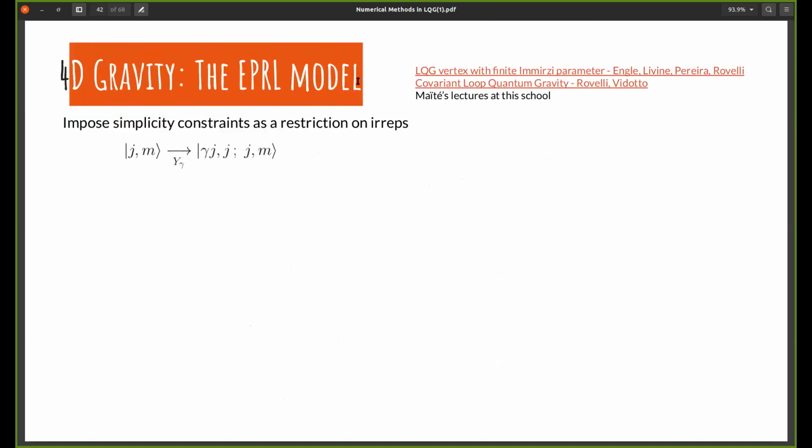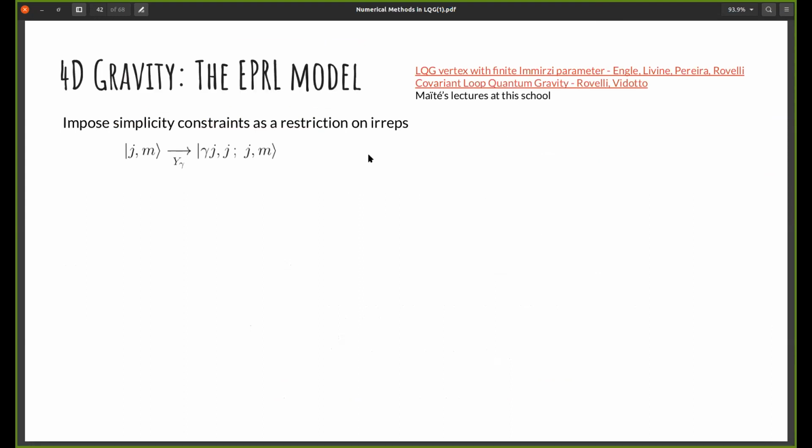The only thing that you need to remember is that the EPRL model is defined in terms of the so-called Y gamma map. It is a way to embed SU2 spin network, so SU2 representation, in SL2C ones. And how do you embed them? Well, you take the SU2 labels, so the SU2 representation, the same, and you pick the SL2C labels, the spin one, you take it the same,